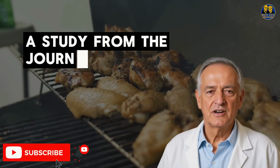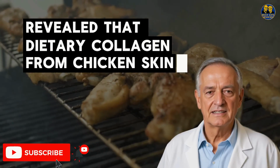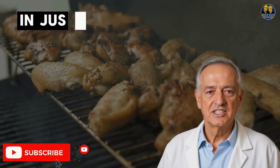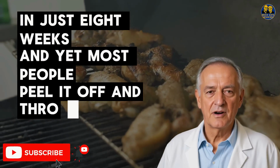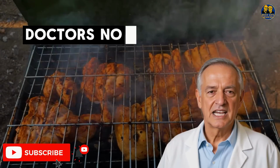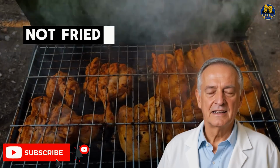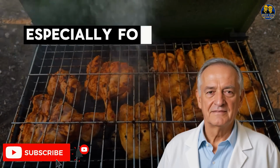A study from the Journal of Clinical Nutrition revealed that dietary collagen from chicken skin can boost elasticity in aging joints by up to 40% in just 8 weeks. And yet, most people peel it off and throw it away. Doctors now say, if prepared properly, grilled not fried, chicken skin can be a joint-saving superfood, especially for seniors with